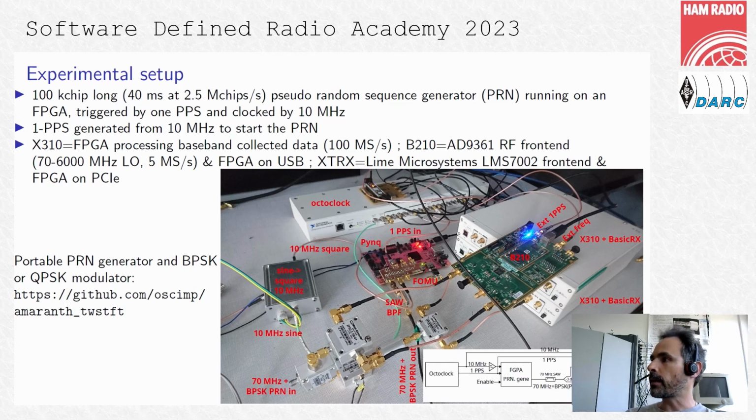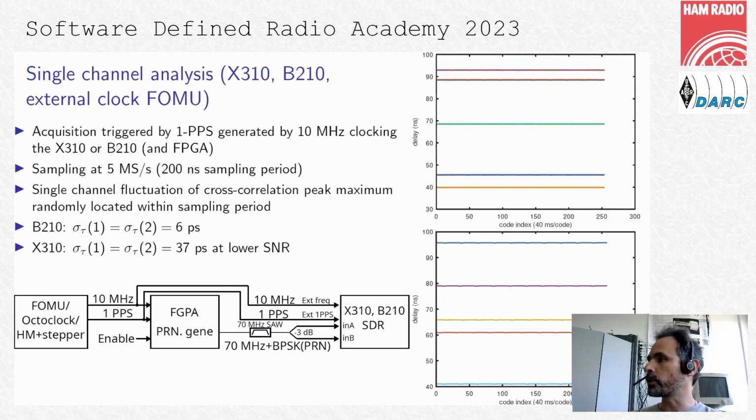So on the next slide, our first measurement. The first question was, can we just run the FPGA code into the X310 or the B210 and say, well, there is a 1 PPS that gives you the time. You've got the 10 megahertz that gives you the frequency. So maybe the X310 is clever enough to align its sequence if you set the external PPS. And what you see on the right